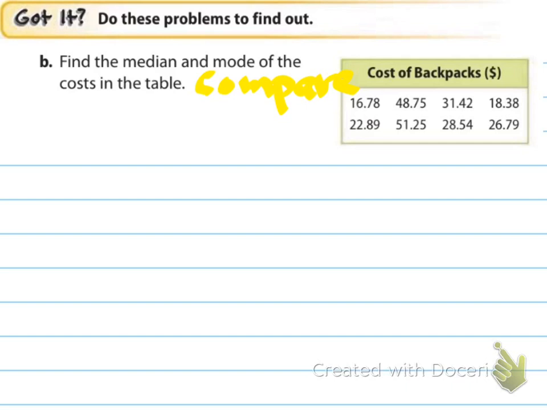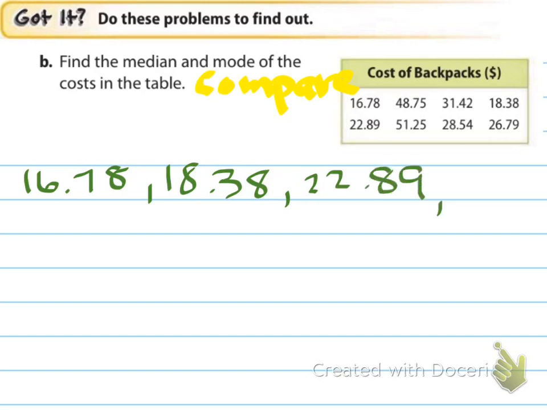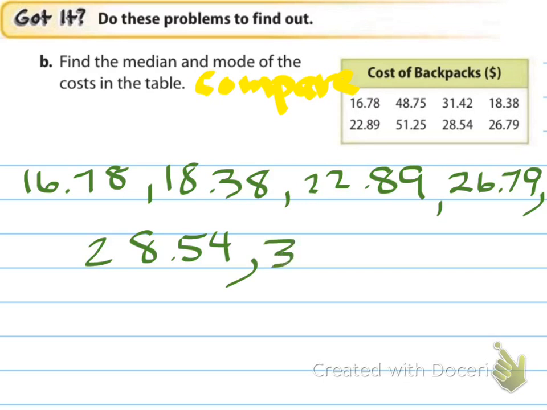All right, so we're putting them in order from least to greatest: 16.78, 18.38, 22.89, 26.79, we've got 28.54, and then 31.42,